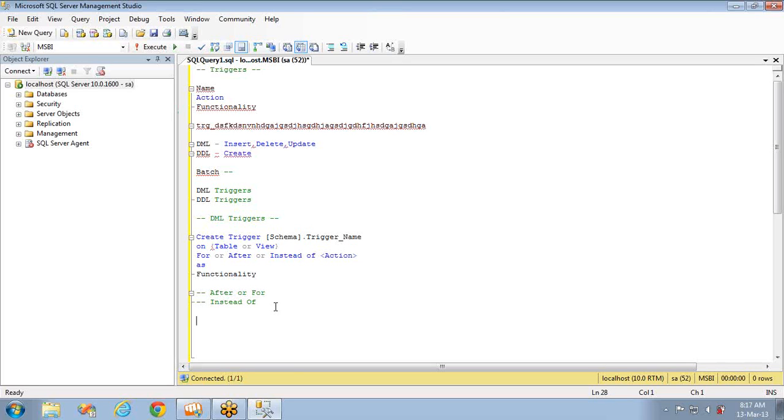These are the different roles that are available, like database owner, DDL administrators. Only these guys can create triggers, or the person who created the table. If a person created the table, that means he has DDL permissions, DDL administrator. So a person who created the table, or DDL administrator, or database owner can create a trigger